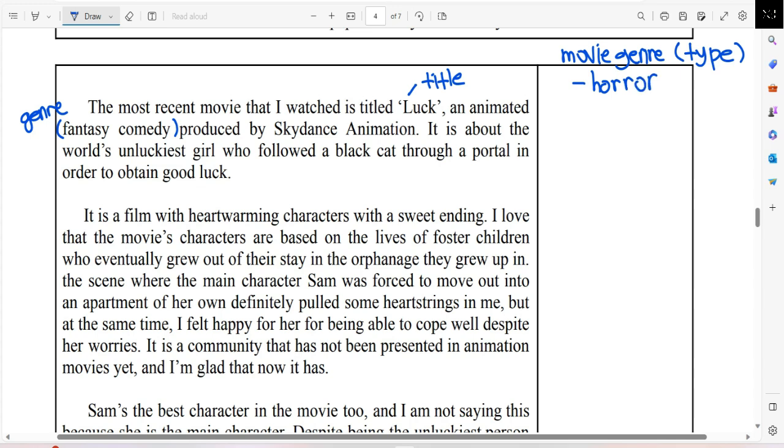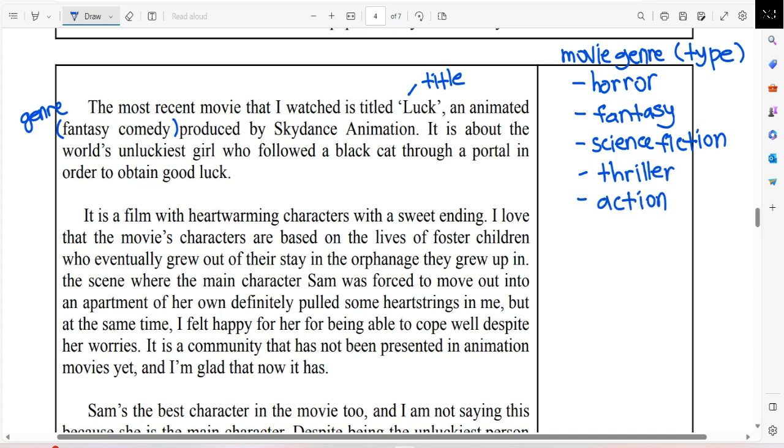So of course we have horror, which is all those ghost stories and all those things. We have fantasy, anything to do with magic and dragons and fairies. And then we have science fiction, which is more commonly known as sci-fi. That's the short form. And then we have thriller, and then we have action. Thriller and action, they are quite similar. Anything that gets you excited and gets your heart pumping. And we also have mystery. Normally this involves detectives and all those other things.